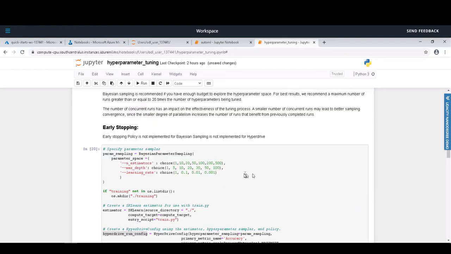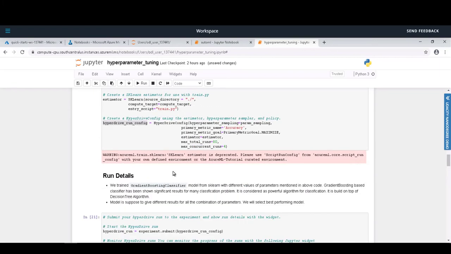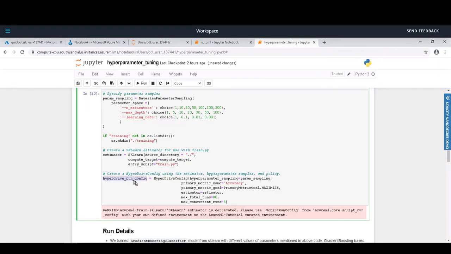Okay. So we need to provide a few details. We need to provide a few classes for doing hyperparameter tuning using Hyperdrive. So we need to create this configuration file, and we need to write a train.py file that is basically used to create this estimator object, and we need to pass the parameters that we need to fine tune. Currently we are focusing on 3 parameters, and